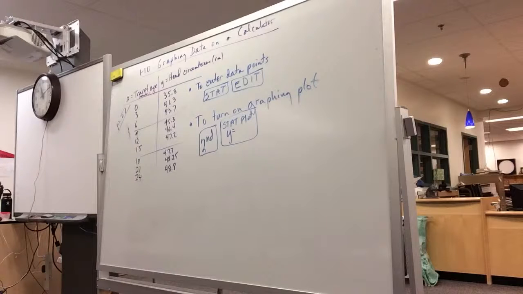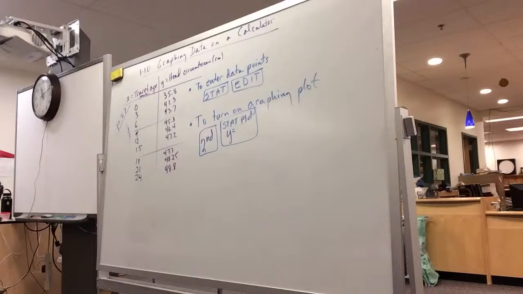So now it says type, and there are 2 rows of shapes, and I'm trying to remember what you guys have. The first one looks like a scatter plot, and that's what should be highlighted. As long as it's highlighted, you don't have to hit enter. Right now yours is dark, so it's highlighted. If you hit enter, then that becomes dark.